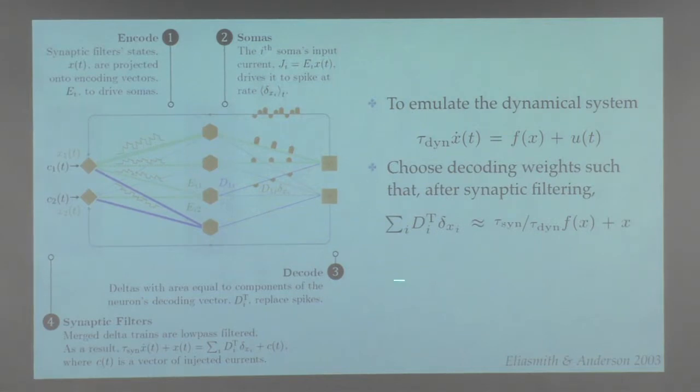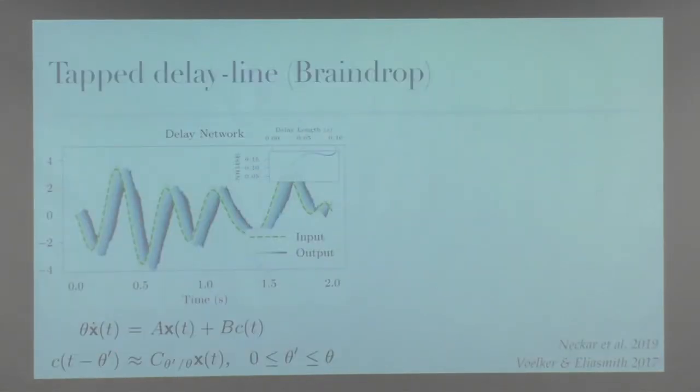You basically solve for decoders that approximate a scaled version of this plus x. And if you plug that into here, the whole thing collapses to that. Of course, you have to scale the input as well. So you can implement arbitrary dynamical systems, and we've done an example like this. This is actually running on BrainDrop, and that's my last technical slide,